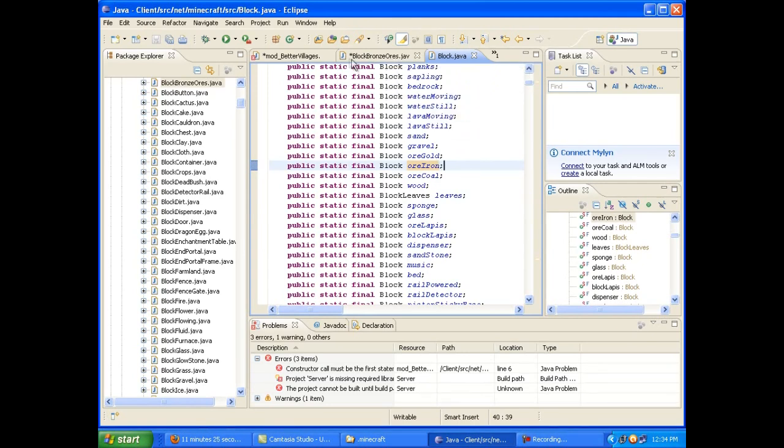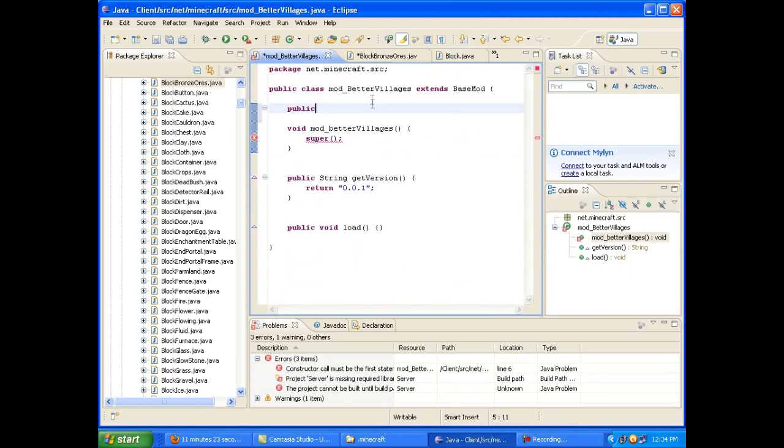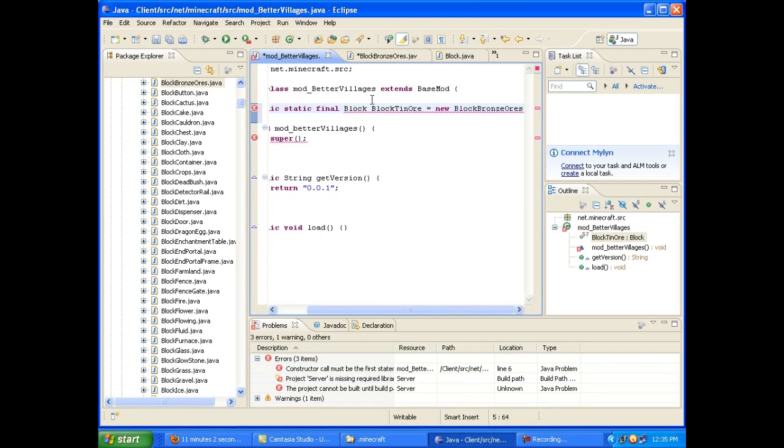So we're going to declare our block exactly the same. Public static final block, and let's say block tin ore, forgot to capitalize that, equals new block bronze ores.